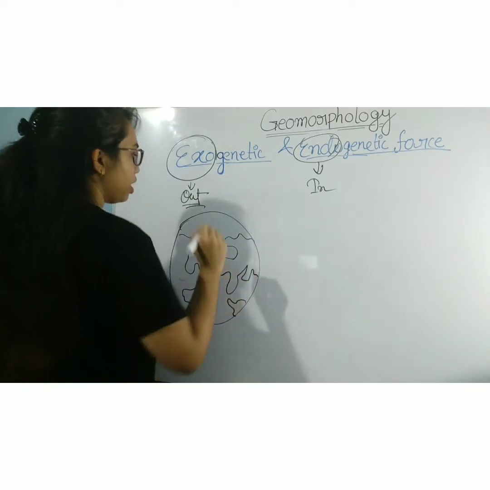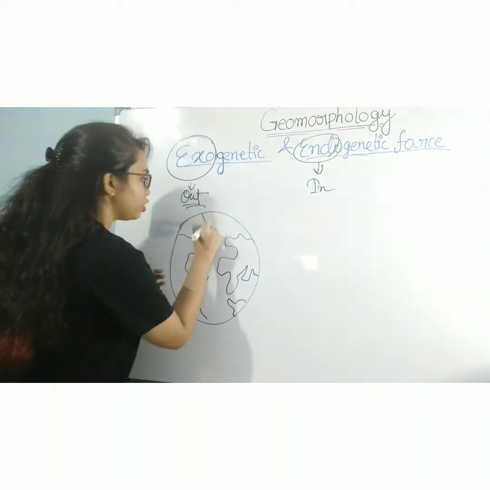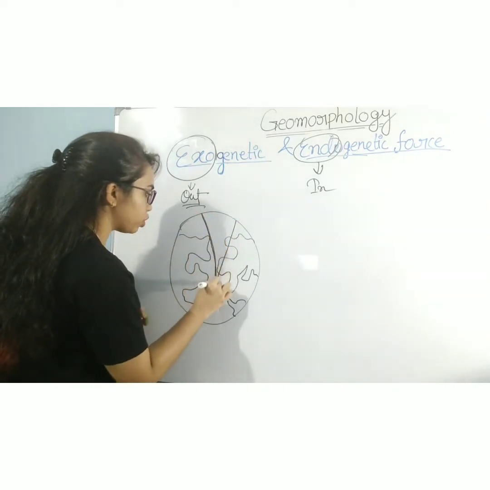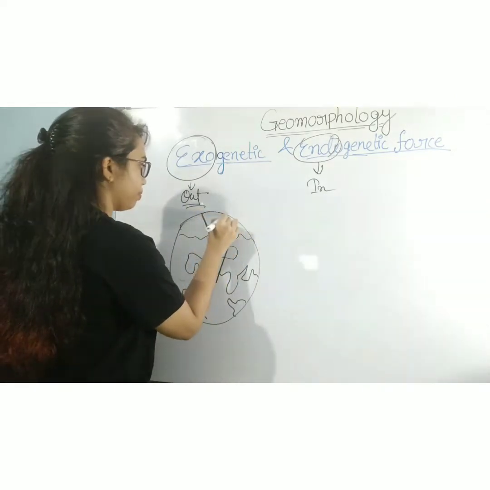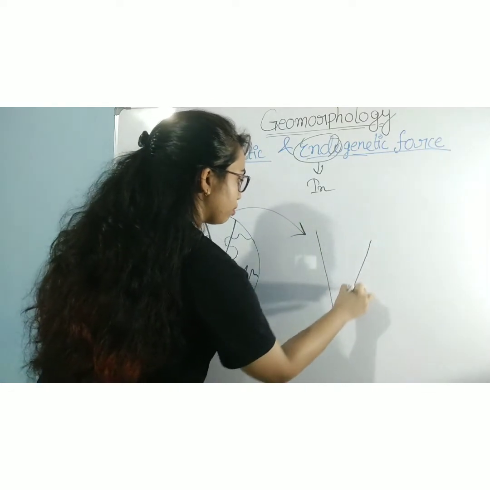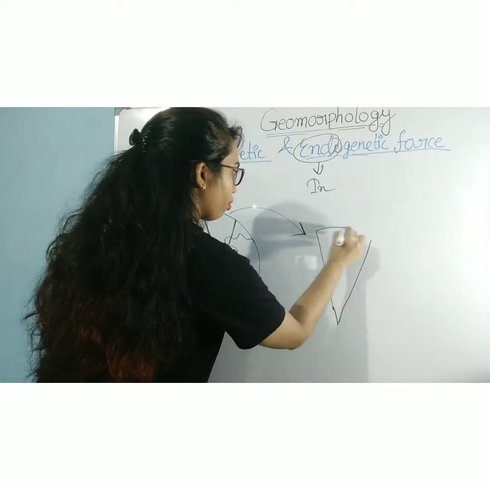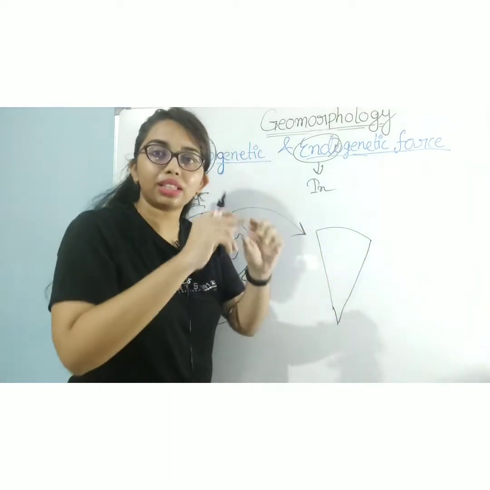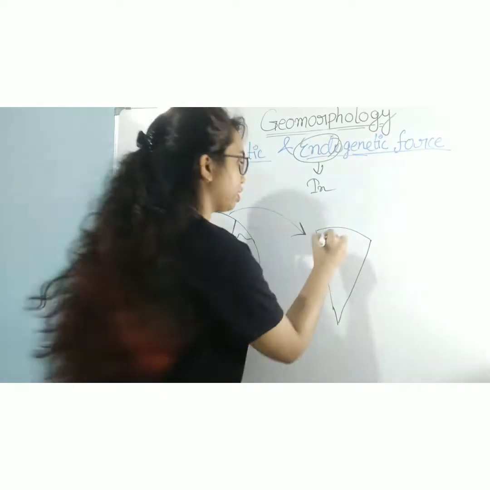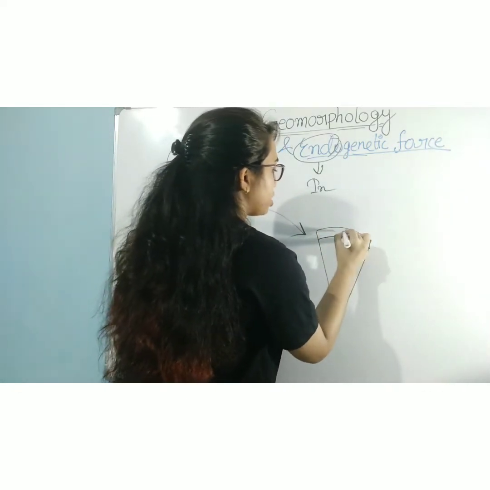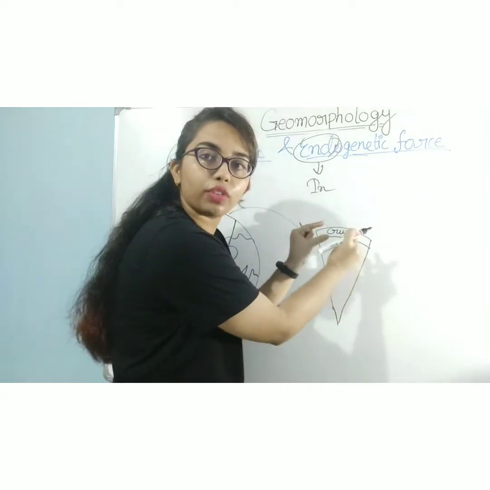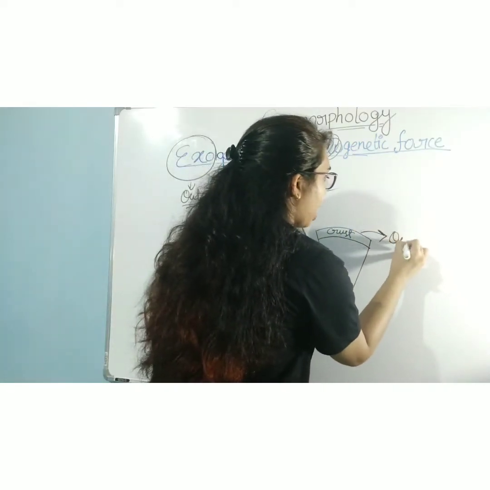Suppose it is earth and I cut a slice of the earth to know what is in the interior portion of the earth. I put this slice over here. As we know, the external layer of the earth is called the crust of the earth. So this is called crust, the outermost surface of the earth, out. So we can write out.